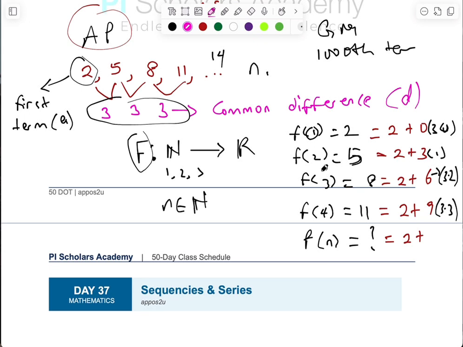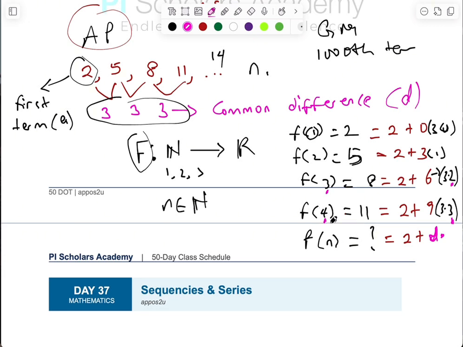When we have 1 here, n is 2. When we have 2 here, n is 3. When we have 3 here, n is 4. So that can tell you that if you know the n, you can always get this multiple here. So the multiple will be the common difference, 2 plus the common difference, multiplied by. So what you notice is that the number that is being multiplied with the common difference is always 1 less